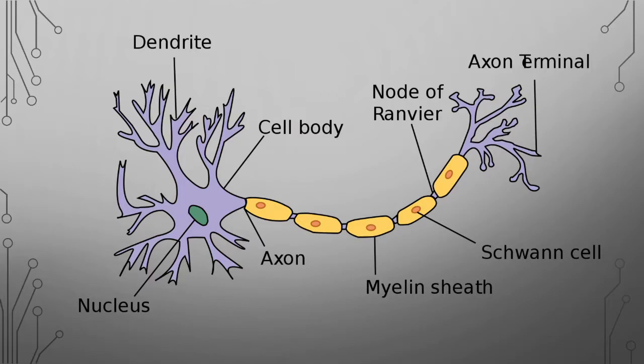Then we have the main cell body, which you saw in my terrible drawing in the slide before. The cell body acts as an integration zone. It sums up all of the signals from other neurons and then decides on whether it should or should not fire. The pinnacle of this integration occurs right before the axon, and in this diagram, it's right where it says axon. This is referred to as the axon hillock.